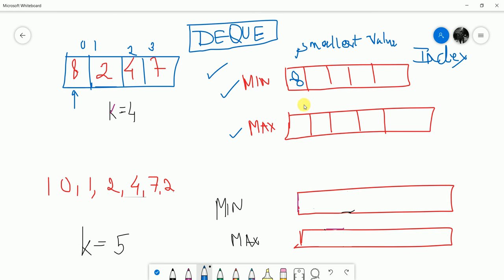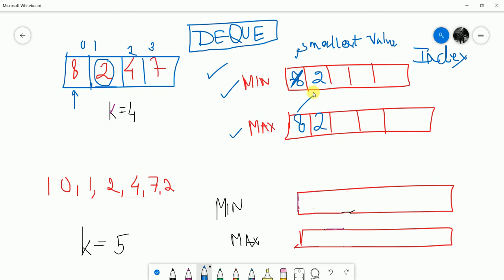I have inserted 8 here and 8 here. Then I'll encounter 2, so I'll check if 2 is smaller than 8, so it is. So I'll remove this value and then add 2 here. In the maximum DQ, we'll have the maximum element at the front, and in the minimum, we'll have the smallest element at the front. So here we simply push the element at the back of the DQ.